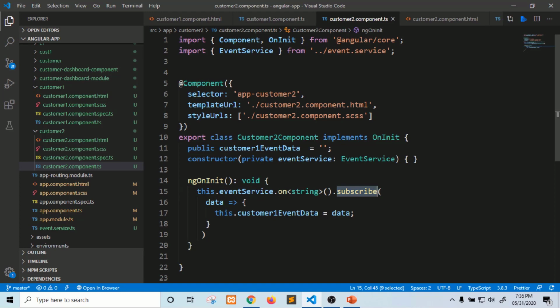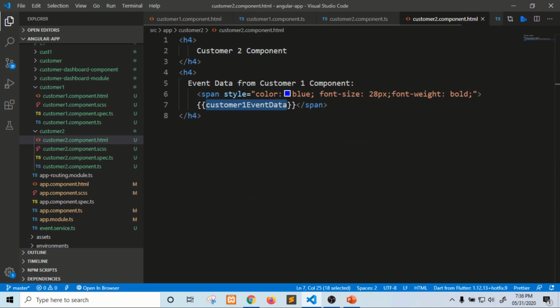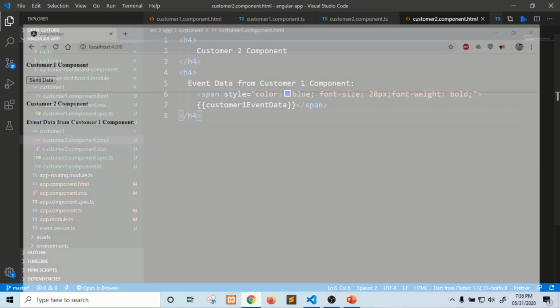This is the subscribe method. We are subscribing to the data emitted in the form of observables, and this is the returned data, which we set into our customer 1 event data variable, and on customer2.component.html we are printing it. So we can see this in our browser as well.